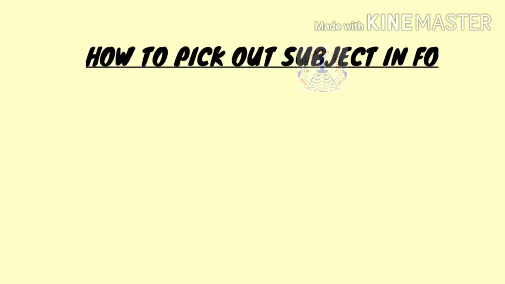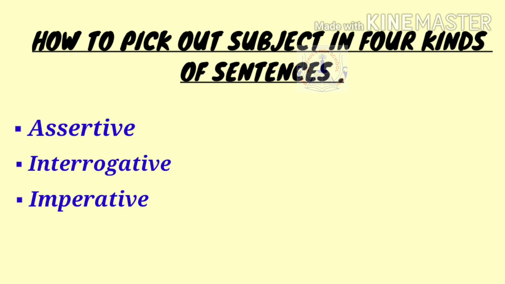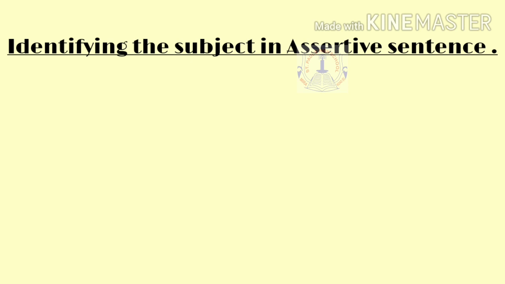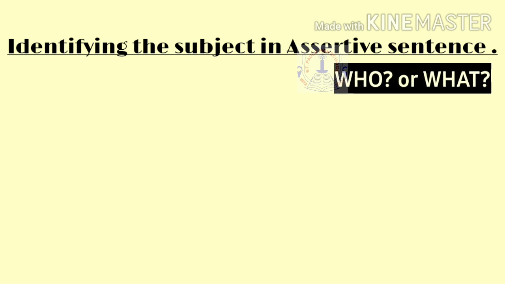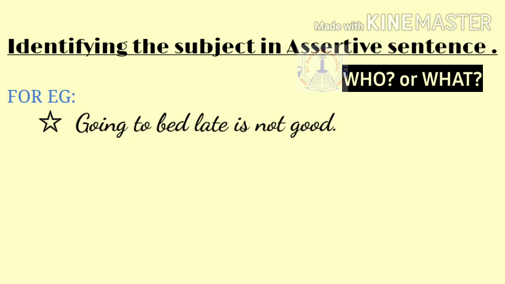How to pick out the subject in 4 kinds of sentences. That is assertive, interrogative, imperative and exclamatory. So let us see in each. Identifying the subject in an assertive sentence. Again in an assertive sentence we will be asking who or what to the verb. The first one, going to bed late is not good. Here we have to see which group of words is doing action in the sentence. We have to ask the question to the verb, that is who or what. So what is the question we will ask? What is not good? Yes, and the answer is going to bed late is the